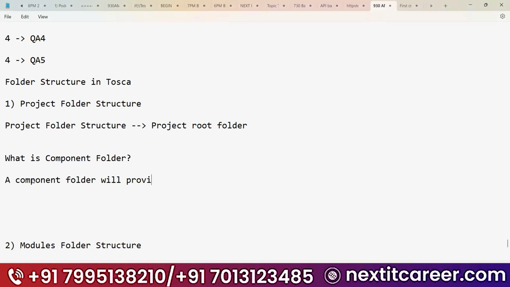will provide you with added flexibility and allow you to structure your tests.